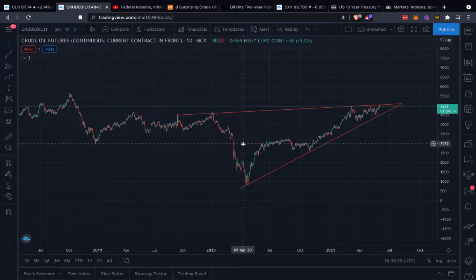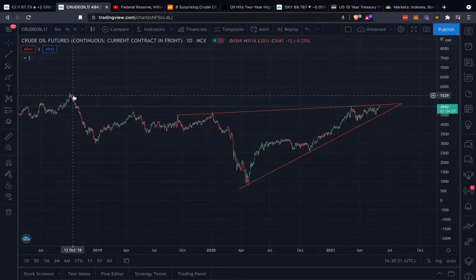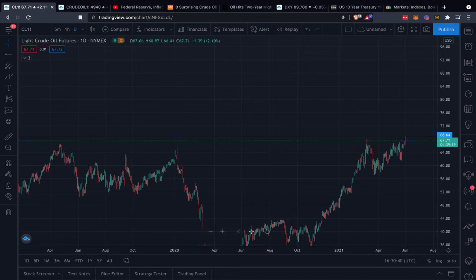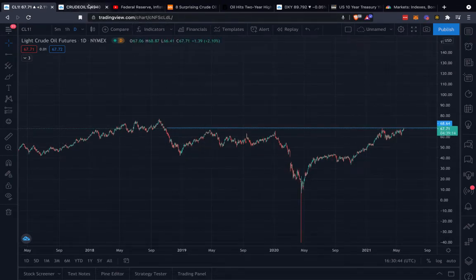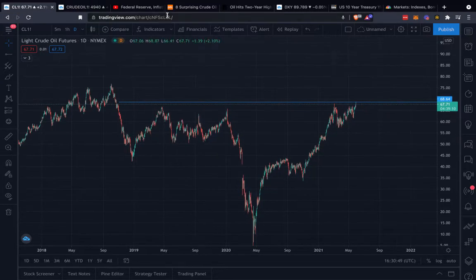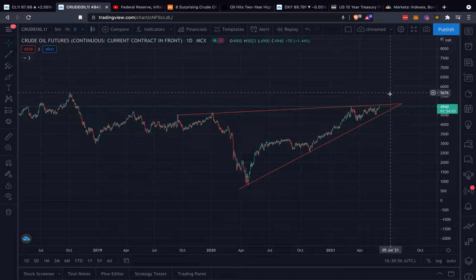The pattern that we're in is an ascending triangle. Okay, so we're approaching the $70 level. And in the macro chart, obviously this is using contracts in front, so this is technically a different chart, and the measurement's different, but you can see the chart pattern overall, if you just zoom out, is the same as this. So you can see they're the same pattern. Okay, you can really use them both interchangeably. I was just doing this for example. We're in this ascending triangle.